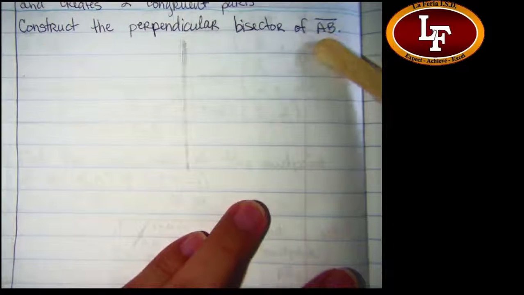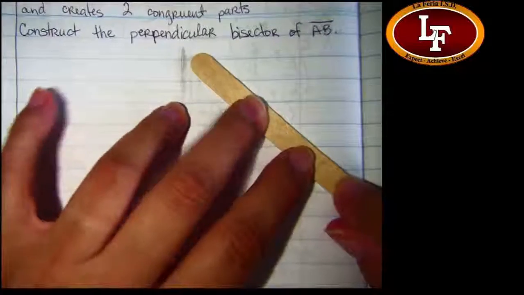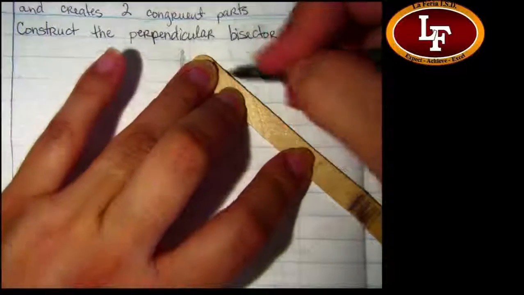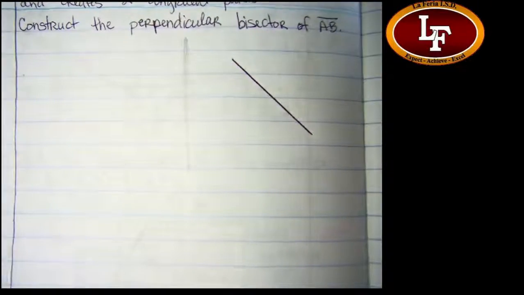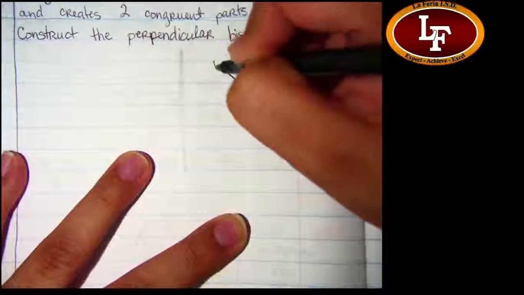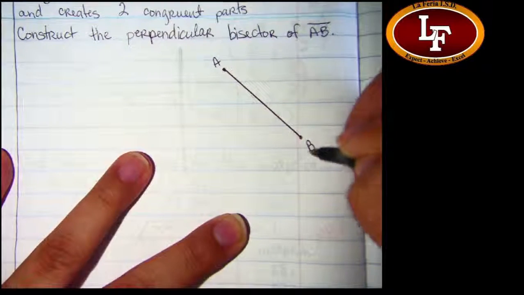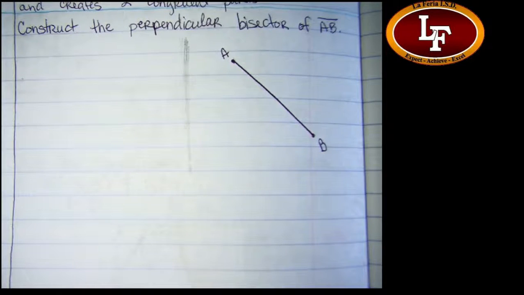So we've got to start with a line segment. This should already be given to you. Since it's not, we've got to draw it. So take your straight edge and draw for me, please, a line segment. Label it AB. I didn't give you a choice in the matter on this one. There it is. And so we're going to construct the perpendicular bisector of that segment.